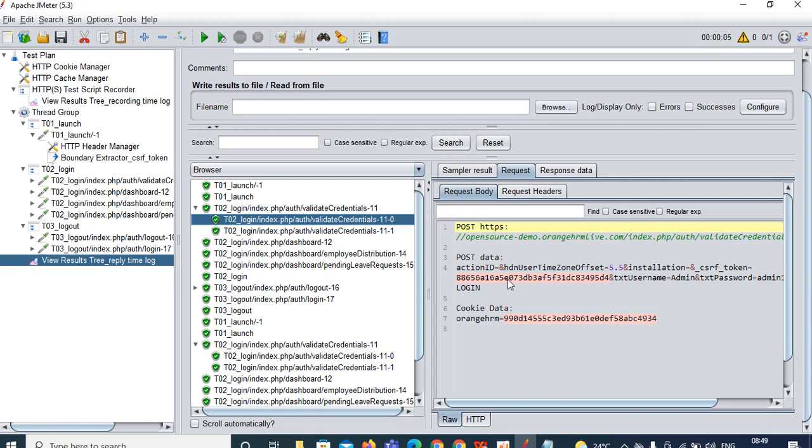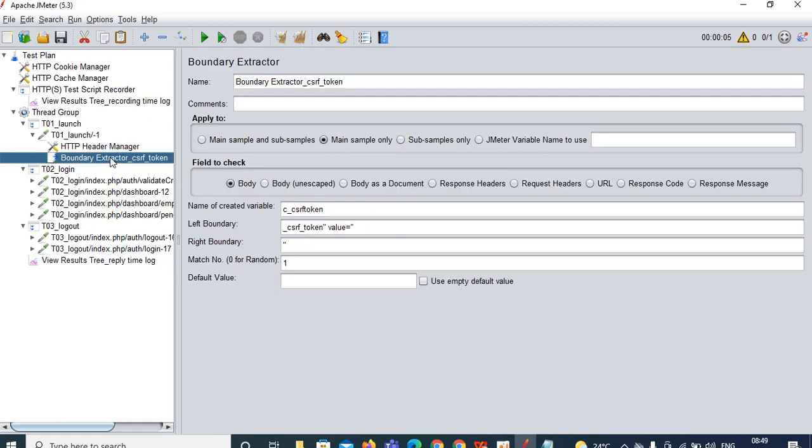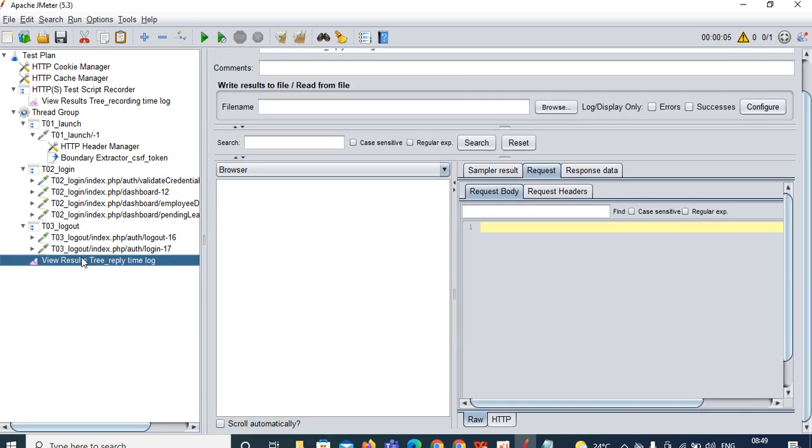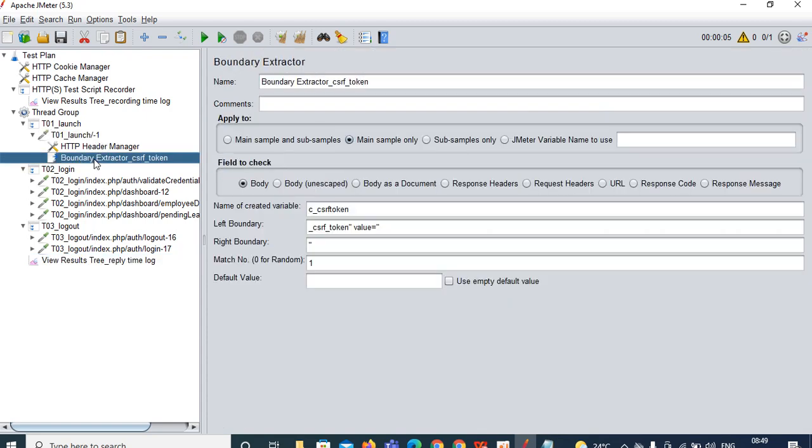Okay, the token keeps changing. How did we capture that token? Using boundary extractor, we have captured that particular token from the launch one. Why only the launch one request? In that particular request only we are getting the token. Therefore we added the boundary extractor to that request, and we captured the left boundary and right boundary. Whatever value you have captured will be stored in the exported variable, and you are calling that exported variable from the